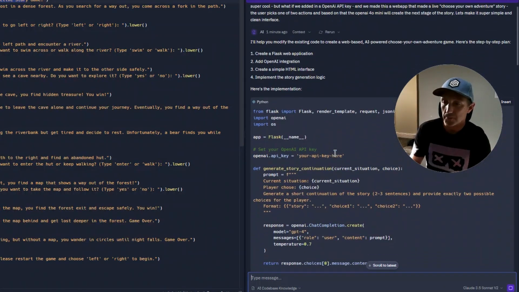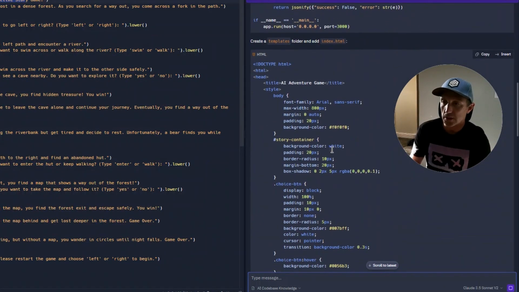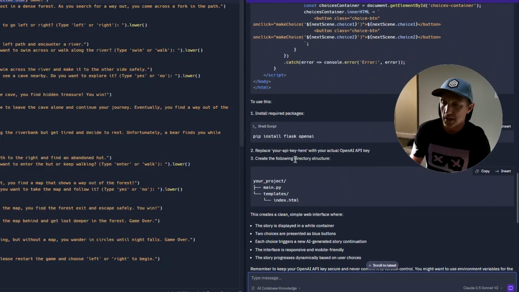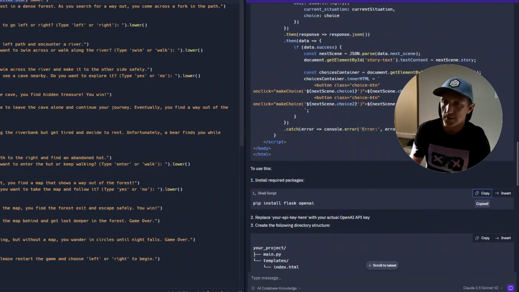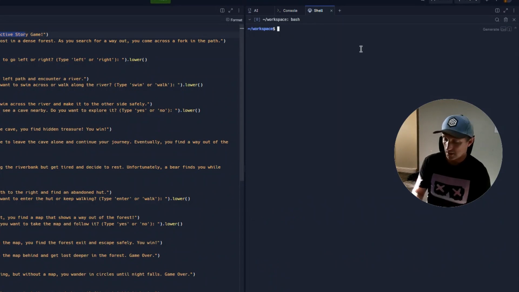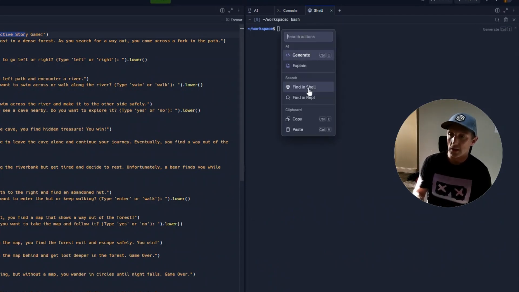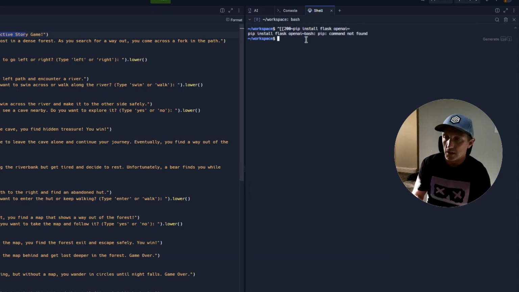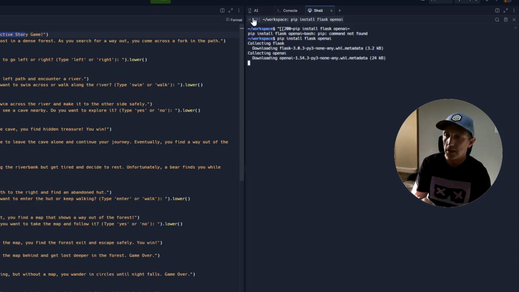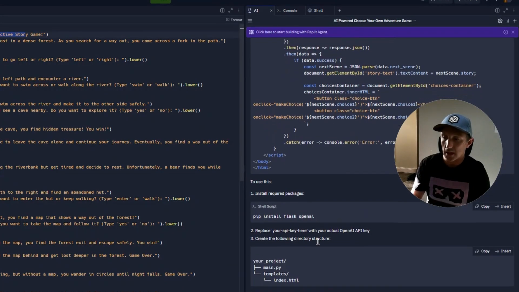First thing we're going to do is open the shell like it asked, and install this stuff. The shell is like your command line. It gave me a command to paste: pip install Flask OpenAI. It'll install that.